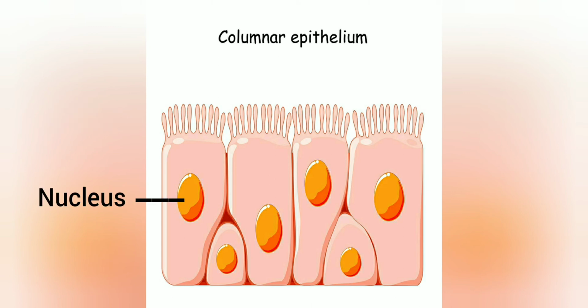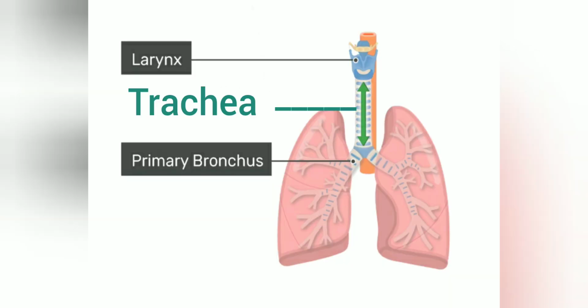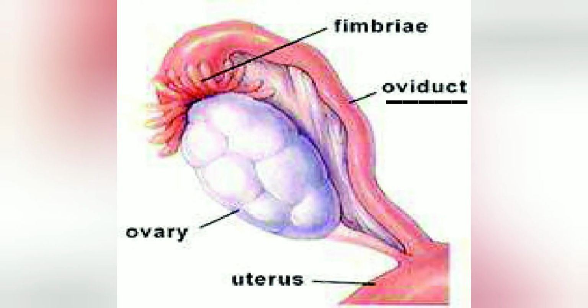Nucleus is oval in shape and is placed at basal end of cell. It is found in nasal cavity, trachea, oviduct, etc. Function is